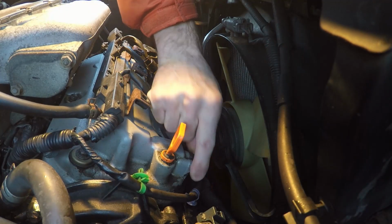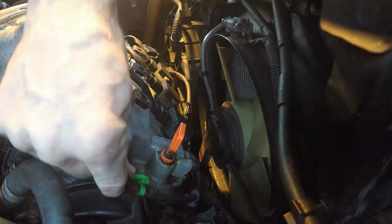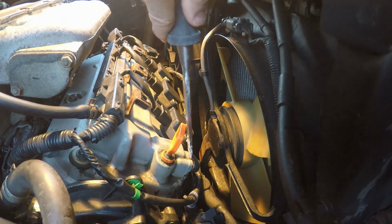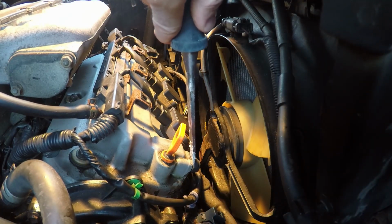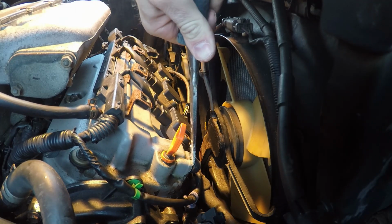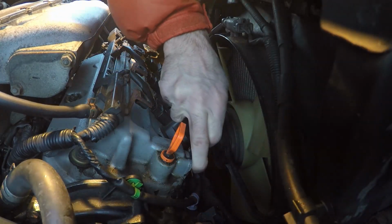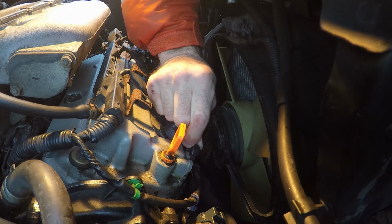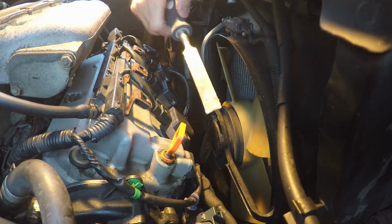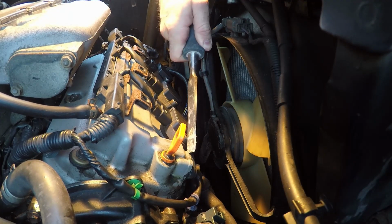Now, I have a lot of problems getting this PCV valve out of the valve cover. I try moving it back and forth by hand. It's pretty stuck in there. I try to slide a small chisel in between the PCV valve and the valve cover. I don't have too much luck with that. I do start getting it moving by hand with quite a bit of difficulty. And again, try to use the chisel to get a little bit of separation between the valve cover